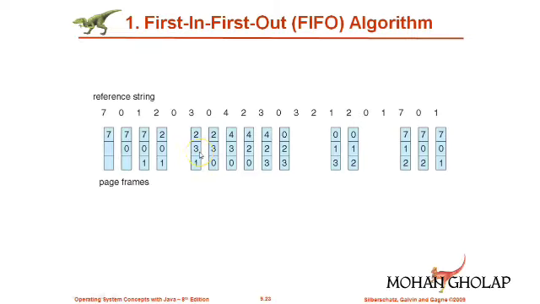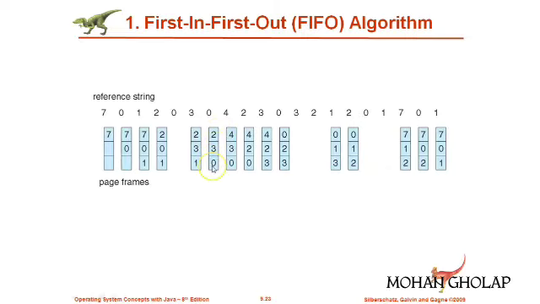After this, the next page request comes for 0. So again the space has to be created. Currently the content is 2, 3, 1. Out of this, the first inserted is 1, because we inserted at the beginning 0, 7, 0, 1. After that, in place of 7 we inserted 2, and in place of 0 we inserted 3. So before 2 and 3, the 1 was inserted. That's why now we have to replace this 1 by 0. So now the frame contents are 2, 3, 0.